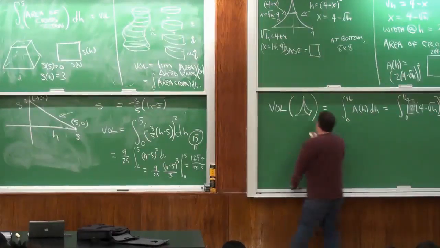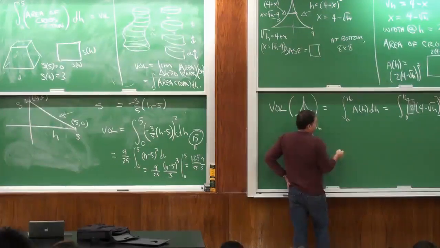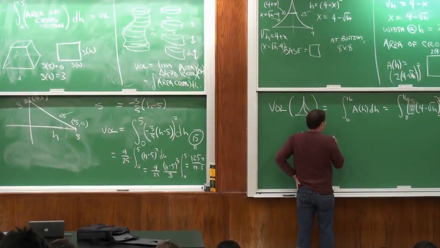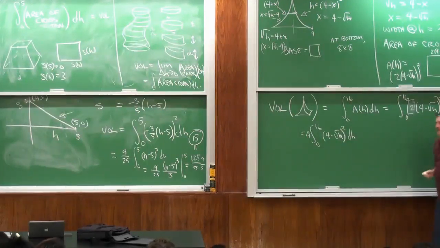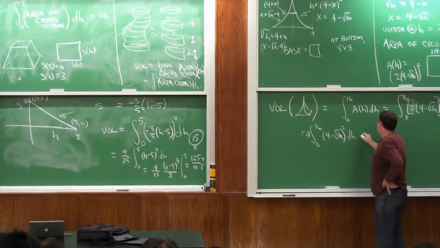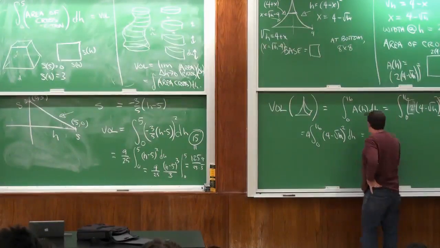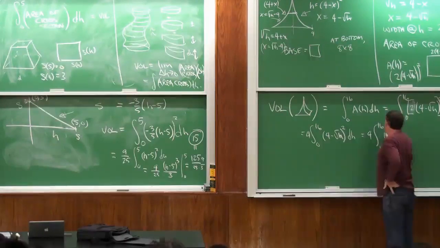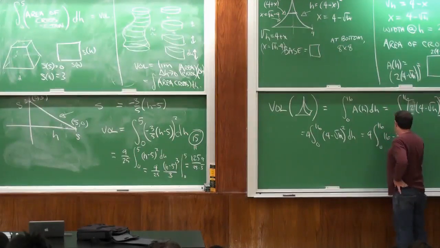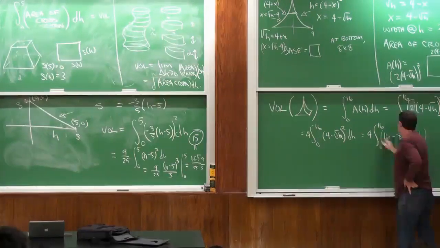So this is the integral from 0 to 16 of 4 times (4 minus root h) squared dh, which is, I don't know, some mess. So here, you square this out: 16 minus 8 root h plus h, dh,